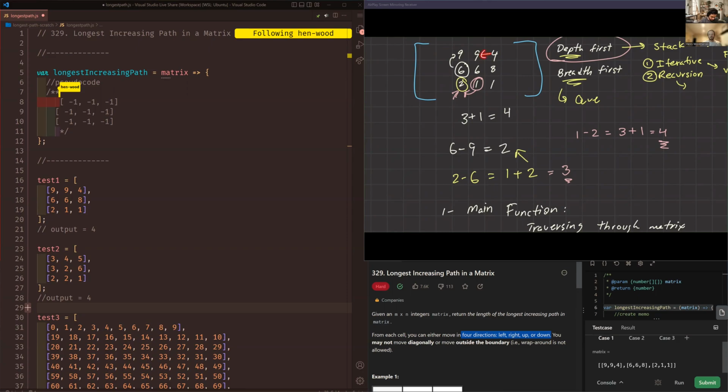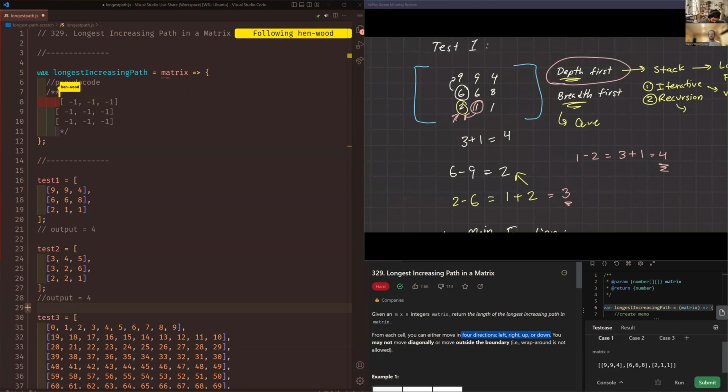Which is going to be this 9. And we already have the result of 9 stored in our memo. And because of that, we can just grab that result and just add it to what we have right now. So we know that we were discussing before that the 9 can't go anywhere, right? So it can't go left, right, up, down. So we would store this as a value of 1